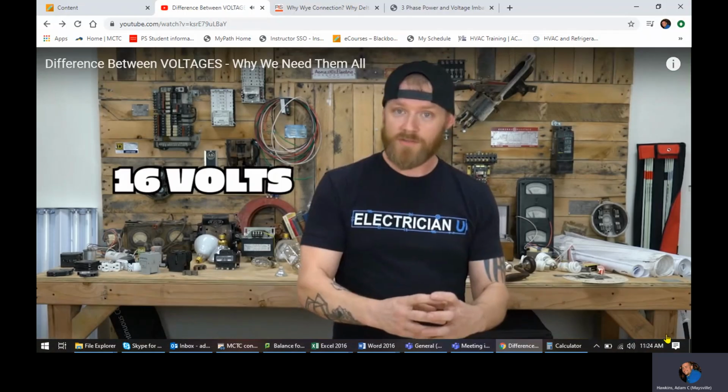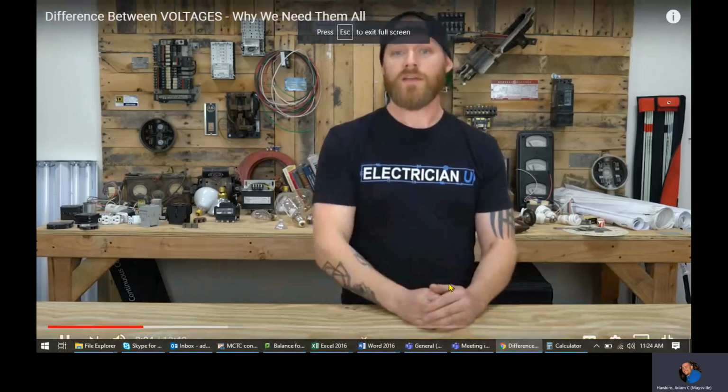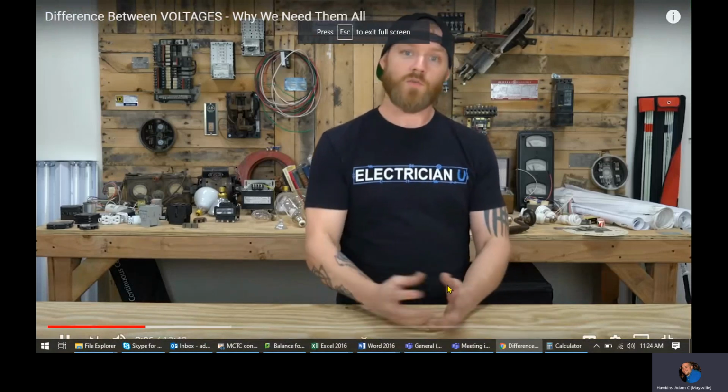And then you got 16 volts. A lot of doorbell transformers are run on 16 volts or 24 volts. But that's the rest of these voltages as well. 24 volts is another really common thing that you're going to find in a lot of LED